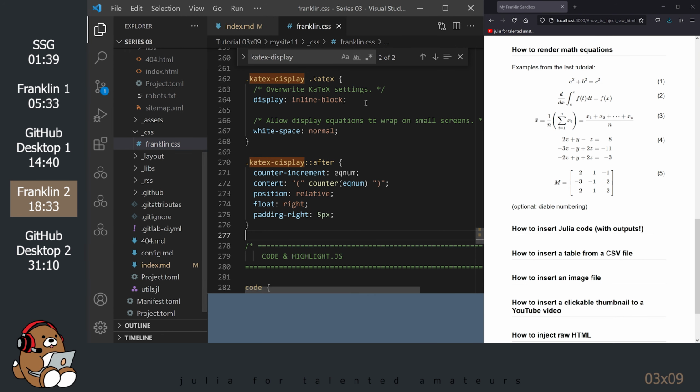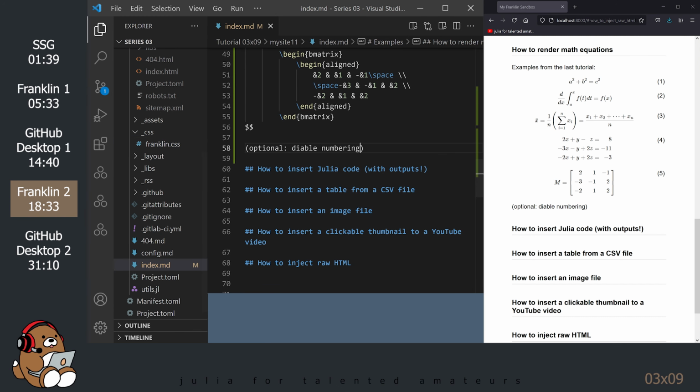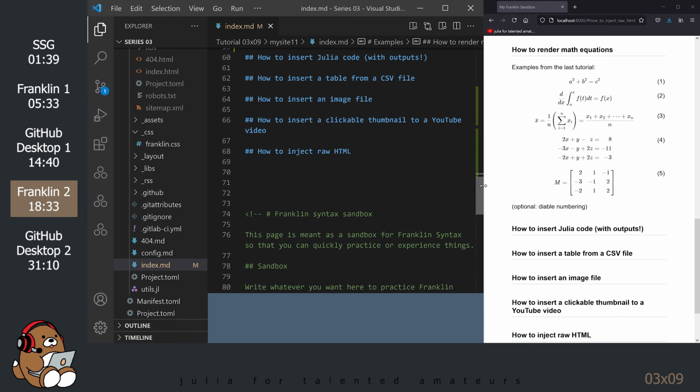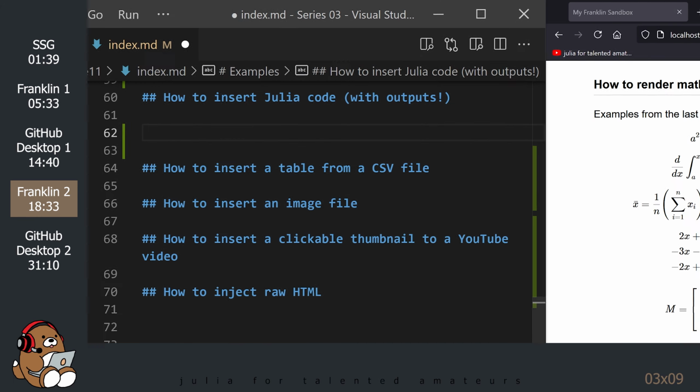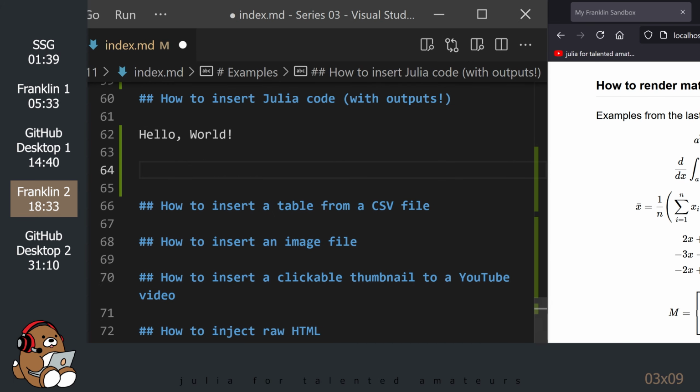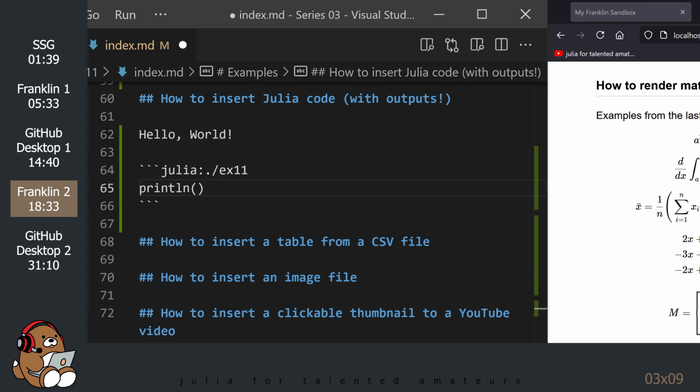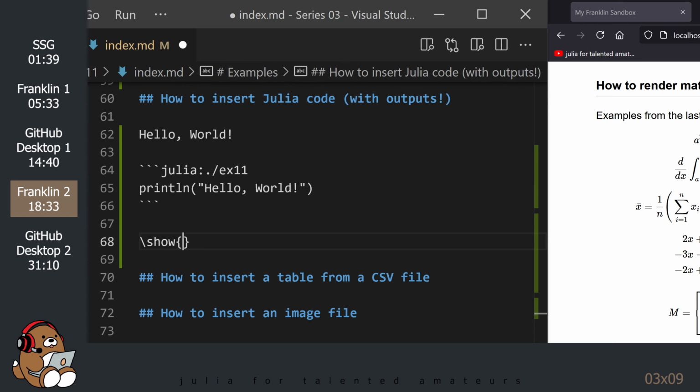So far, we've seen all of this before in other tutorials. Using Markdown to generate HTML files is nothing new, and we can do it ourselves without using Franklin. This next part we've never been able to do before, so this is a reason to consider using Franklin. Not only can you use Franklin to display blocks of Julia code, Franklin will actually evaluate your Julia code and display the output.